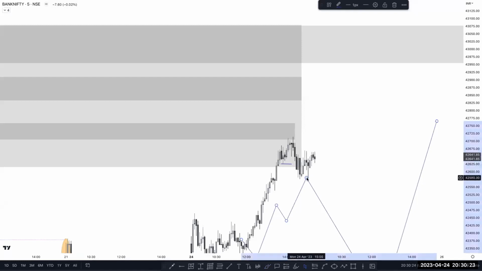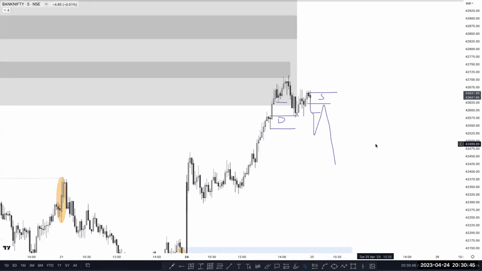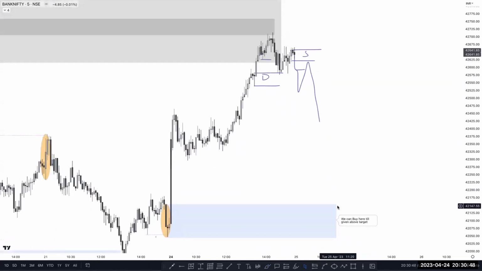So once the market creates inducement and takes out the inducement, you sell, because this is a demand and demand inducement, and this becomes our demand to supply, meaning the flip entry model. This is a demand and supply, D2S, demand to supply, and you can sell here till this order flow,